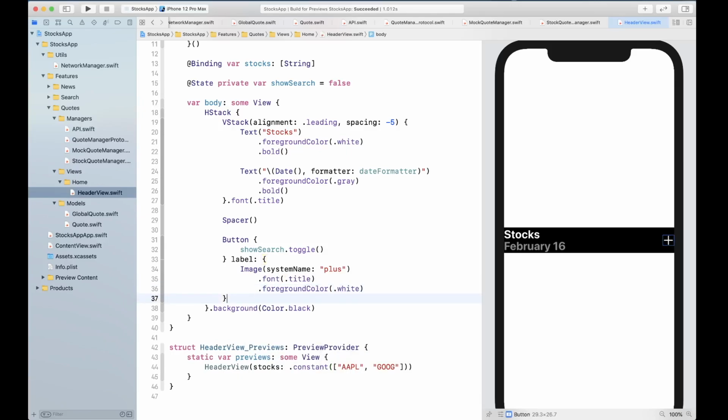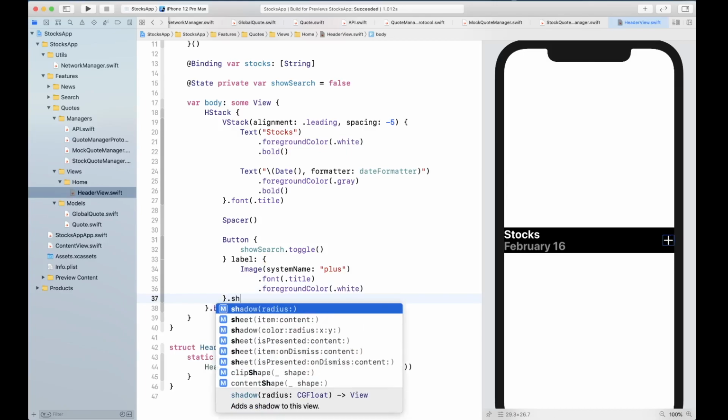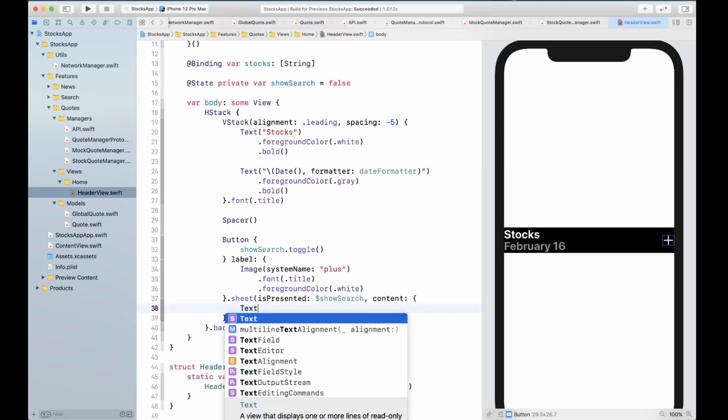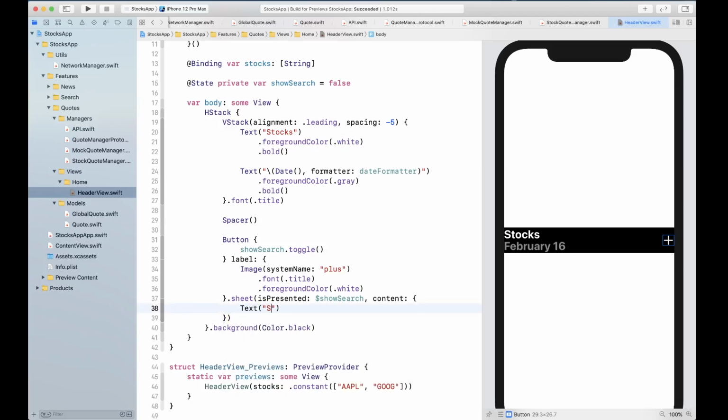Okay, and I'm gonna attach a sheet to this which is presented as show search, and for the content we are going to simply say search view will go here. Okay, we also need on dismiss.